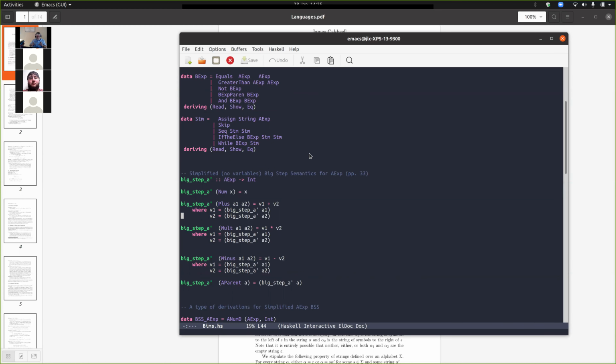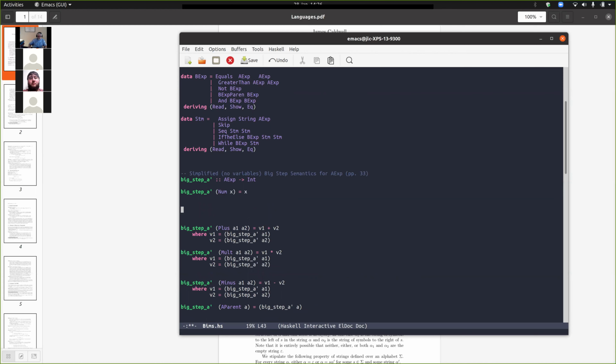But this thing, big step A prime here, gives you a semantic evaluator for these things. Now, the way the rules are written down, it would be like, okay,